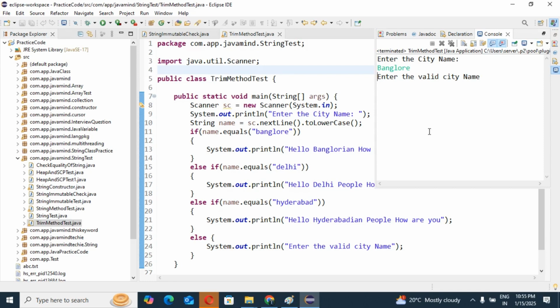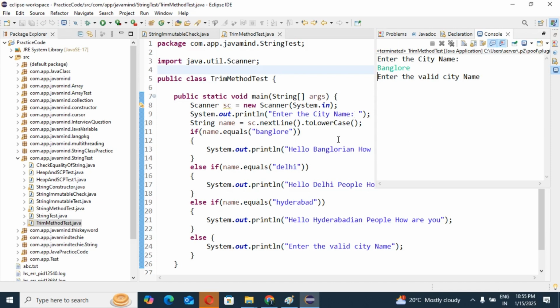Here also we are going to trim the space. Trim means remove. If your beard is long, what are you going to do? You remove your beard. The same way here: if the end user, by mistake, has given some space before or after the city name, then if we use the trim method in the backend, we can directly remove the space.